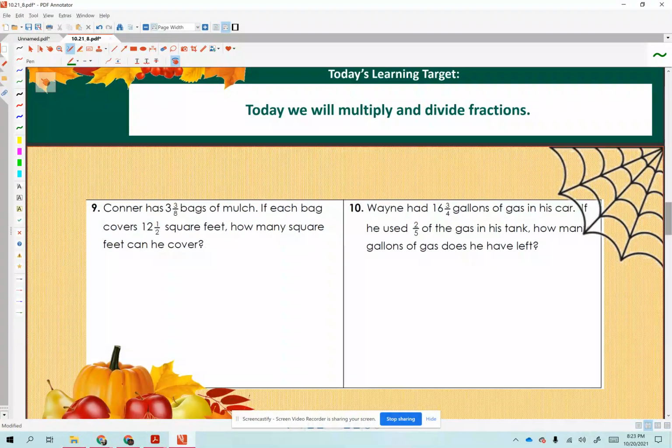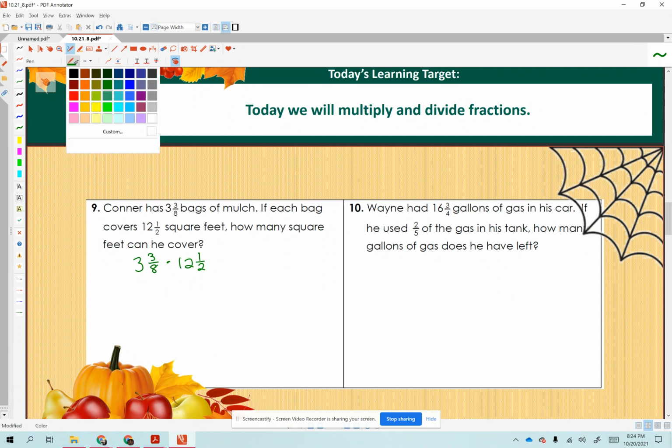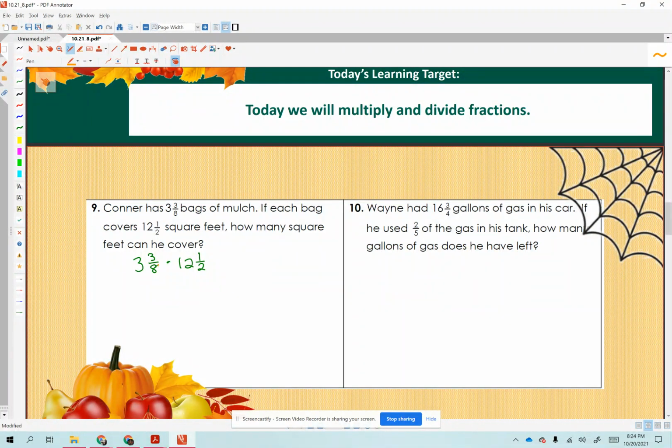And the last two multiplication problems. Connor has 3 3/8 bags of mulch. If each bag covers 12.5 square feet, how many square feet can he cover? So we'll multiply 3 3/8 times 12 1/2. First, we'll convert those to improper fractions. So we'll multiply the denominator by the whole number. 8 times 3 is 24. Add the numerator, which makes 27/8. And in the second fraction, we'll multiply 2 times 12, which is 24, plus the 1 in the numerator,